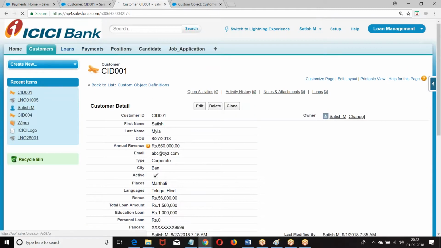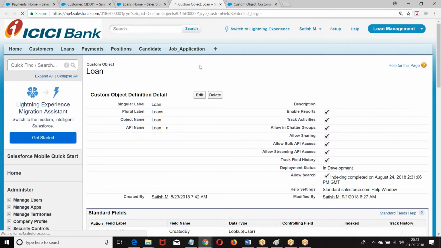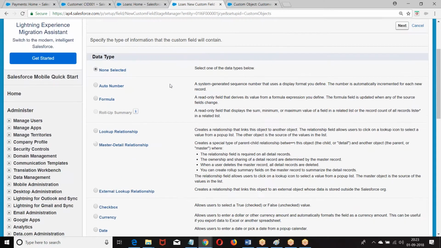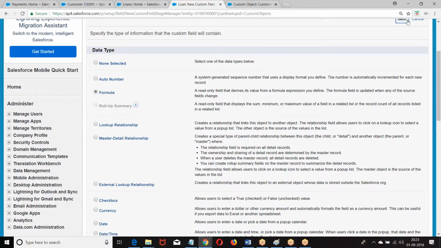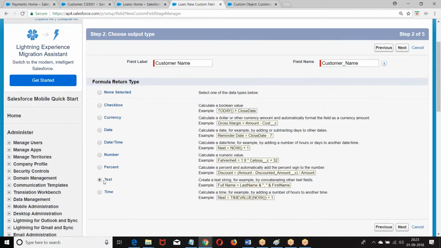So what I will do? Go to the loan. New formula. Customer name.